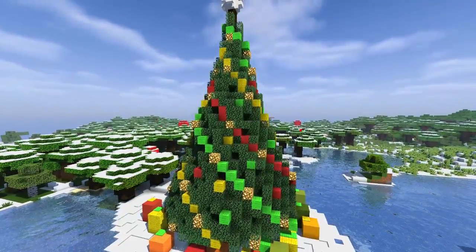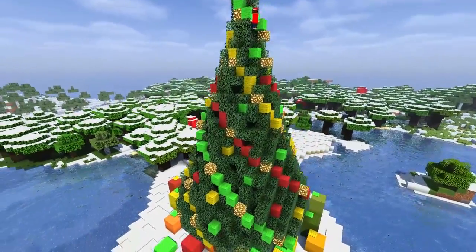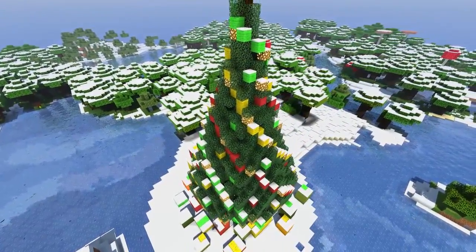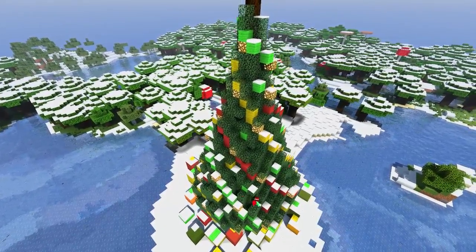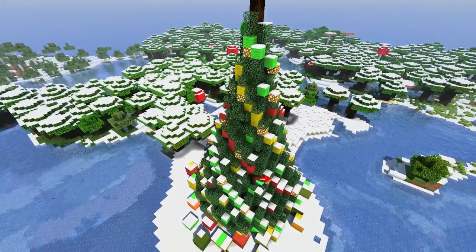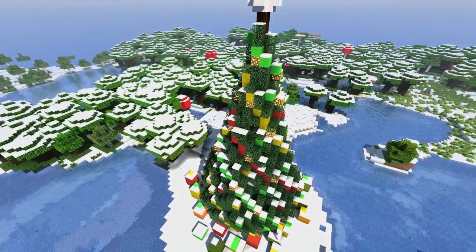Now right here, I'm placing some random blocks, basically some ornaments in the tree. Of course, because it's Minecraft, you can't really make those detailed, so I'm just placing random blocks. Now I also, if you didn't notice, placed down a bunch of snow, and I'm just going around and placing this by hand. You can do this with Roll Edit, but I just decided to place this all by hand